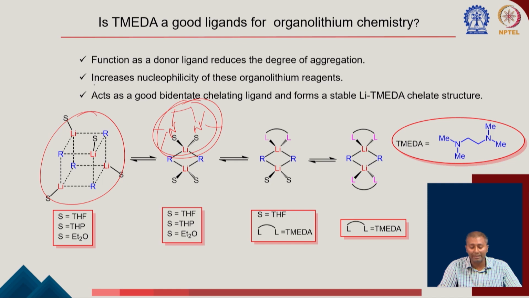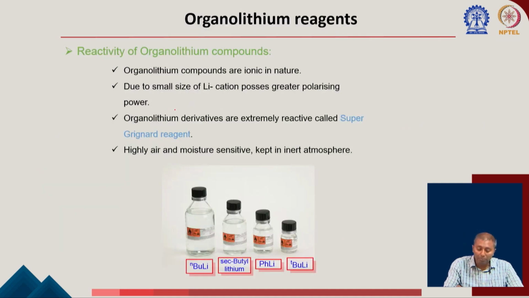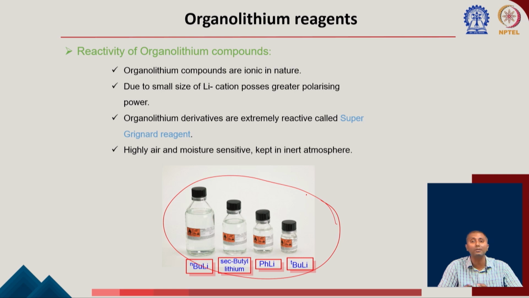And there are different additives, as I mentioned. Again, you also have to use them in a stoichiometric amount. That is another important thing. If you are using one equivalent, you should also use 1.5, a little more, so that you make sure all of your lithium forms some sort of chelate. So these are the common reagents you buy from the store: n-butyl lithium, sec-butyl lithium, phenyl lithium, tert-butyl lithium. They come with a particular strength. I am also going to teach you in later classes that there are several different methods to titrate them,